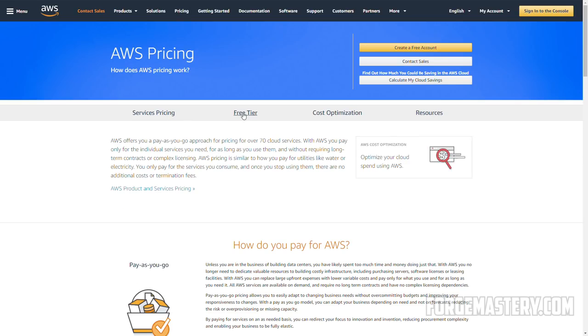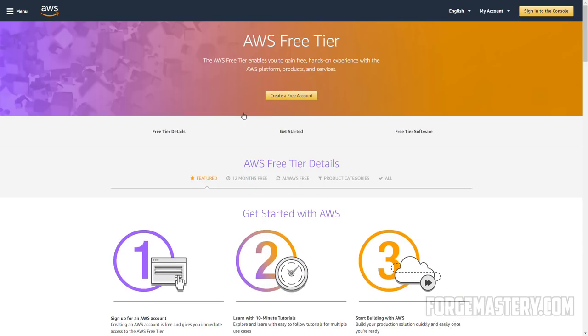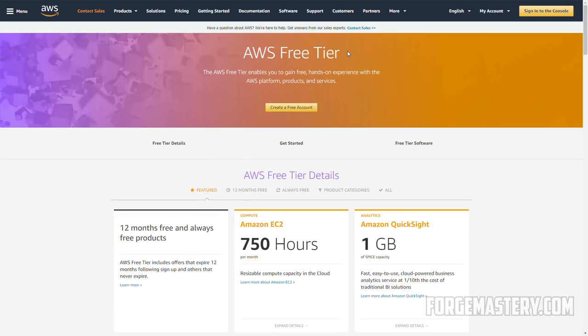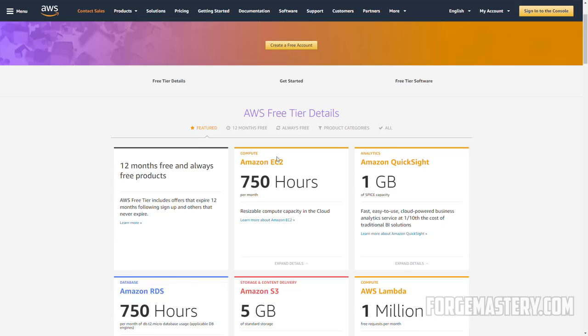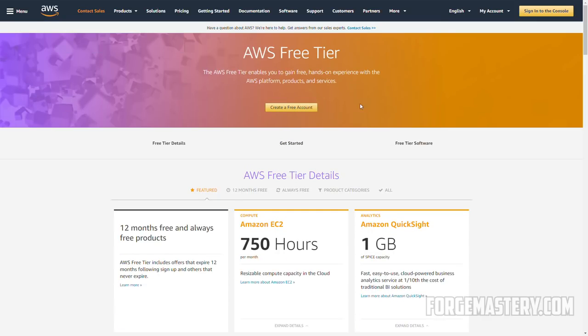And then you click on free tier. And then you will see all the details of that free tier program, what it allows you to do. So we're going to set up an Amazon EC2, and we have 50 hours per month, which is an entire month, 24/7. So as it says here, it's 12 months for free, and certain additions to the product are always free. So to sign up, you click here, create account, and once you've created your account, which I will show you how to do that,